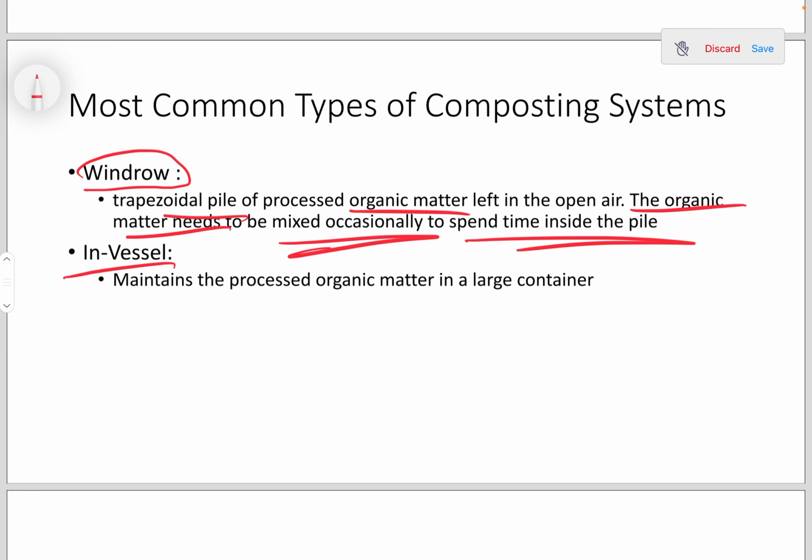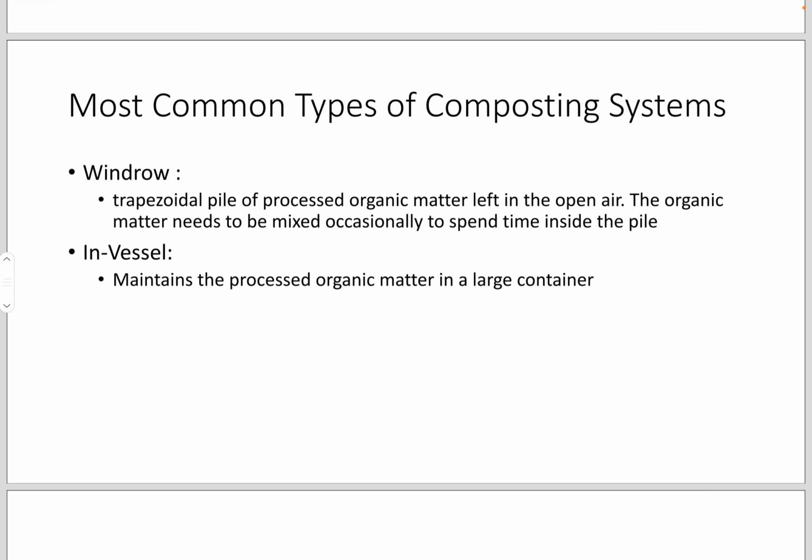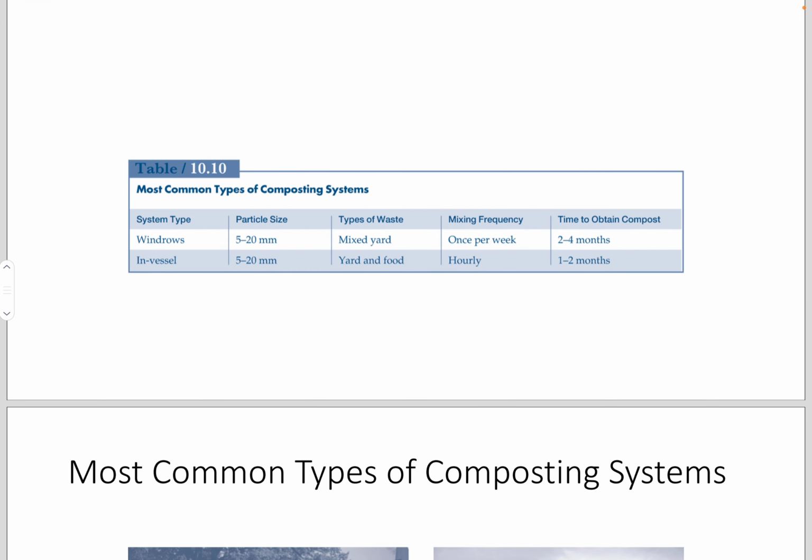Or in vessels, inside a container or inside a reactor, to maintain the processed organic matter in a large container. So, of course, there are designs like windrow or vessels, with particle size specifications for the most common types. For the type of waste used in windrows, mixed yard waste. Here you could have yard and food, but because you might have a lot of smell, it's good to contain it inside vessels. The mixing frequency is once per week, and here, in a reactor,